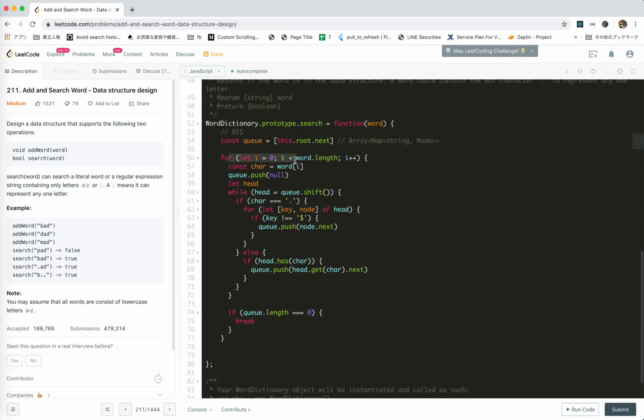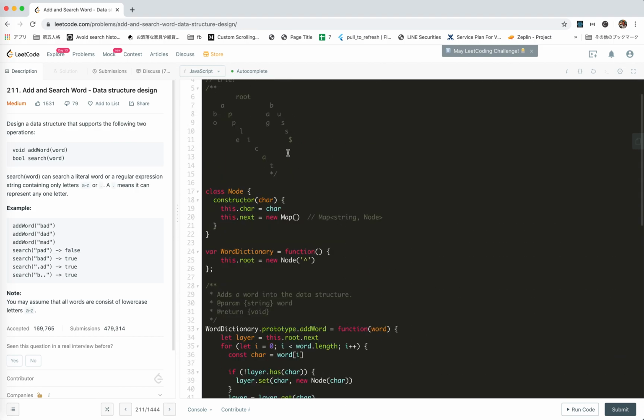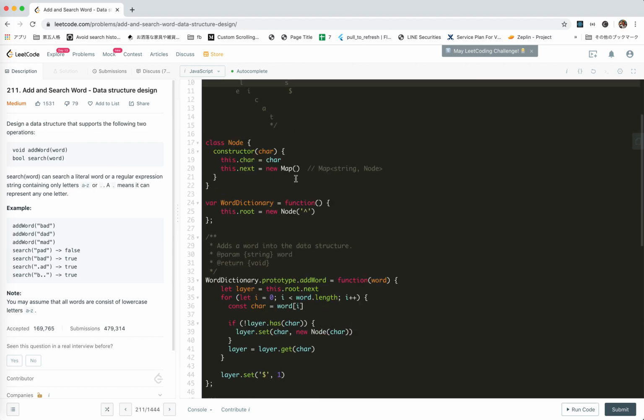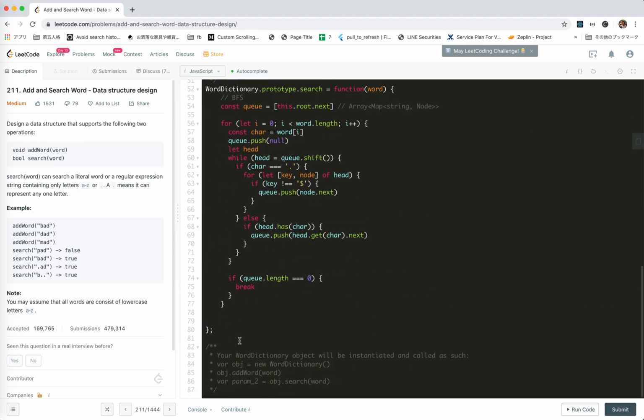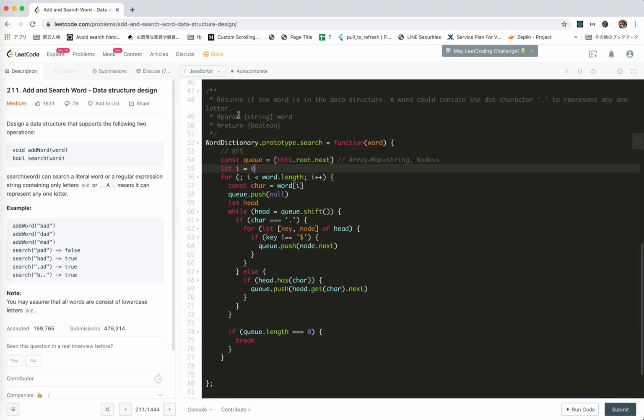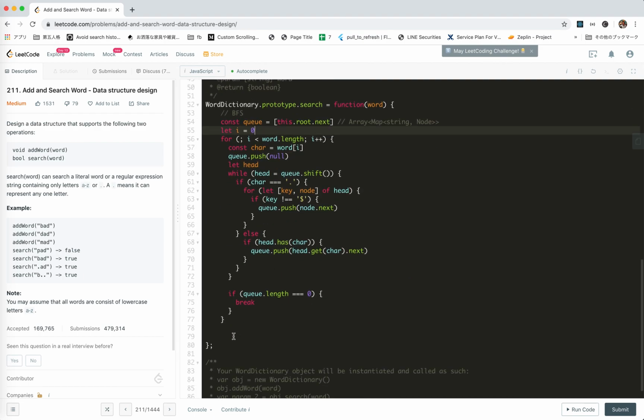The for loop breaks before the word is traversed. The other one, the word is traversed, but like the case here, there's no ending identifier. So I'll move the i out of this for loop,